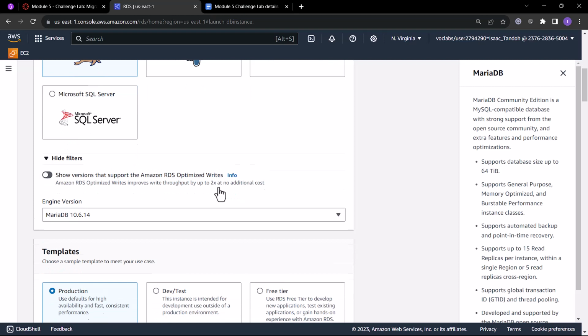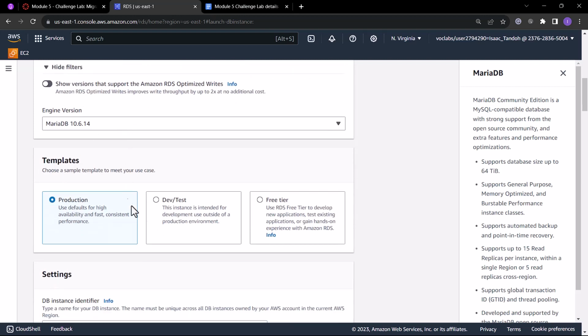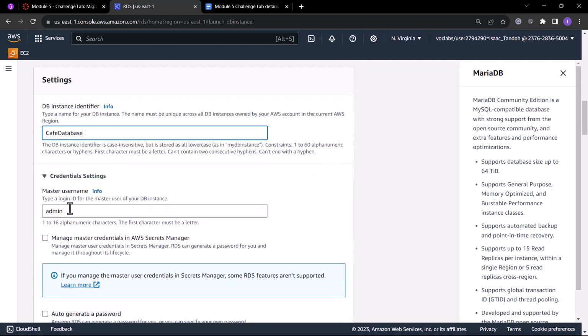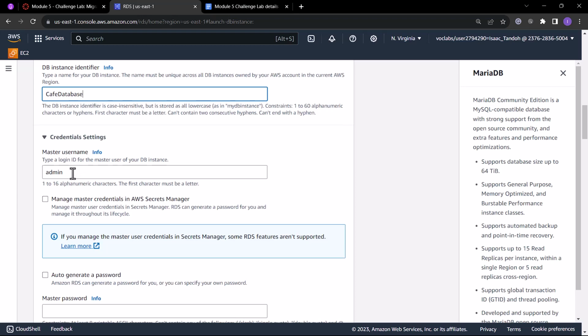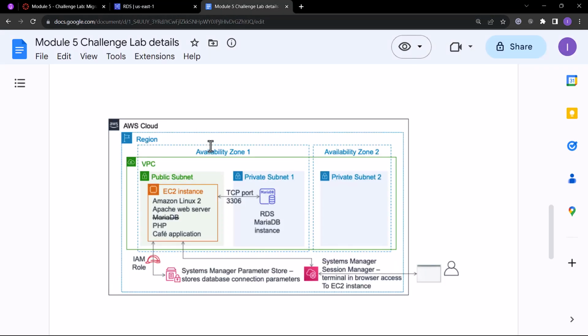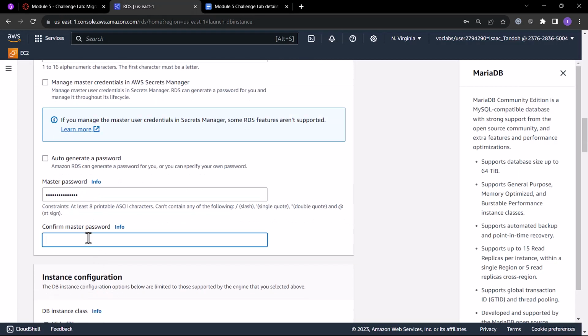So we'll scroll down, and then for engine version, we'll leave it as it is. For the template, we'll choose a development or test template. And for the database identifier, we'll use Cafe Database. Great. And for username, yes, we'll use admin for this. And for password, I already have my password. There's a password that we are supposed to use, so I'll copy this password, paste it here, and paste to